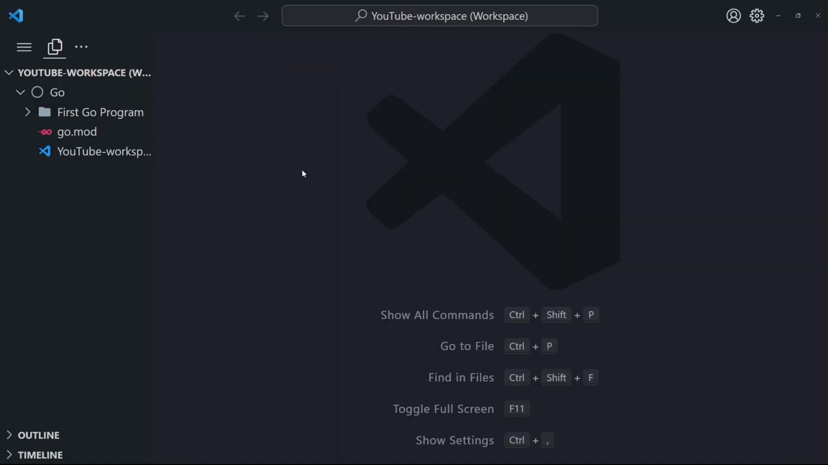A variable is simply a container that is used to store some sort of data. And in Go, there are several ways that you can use to create a variable. So in order to see that, we're going to create a new folder, and we're going to call it variables and constants. And in this folder, we're going to create a new file, and we're going to call it